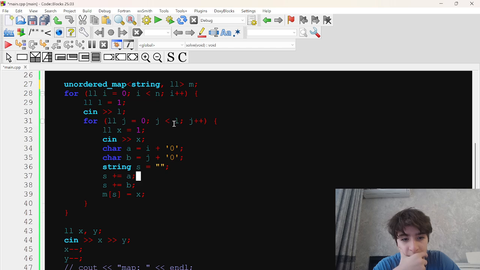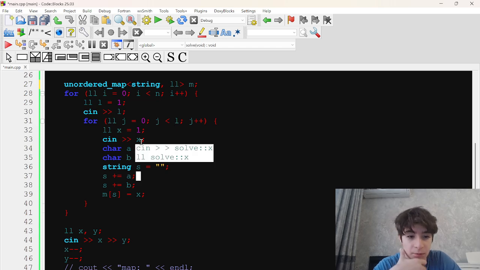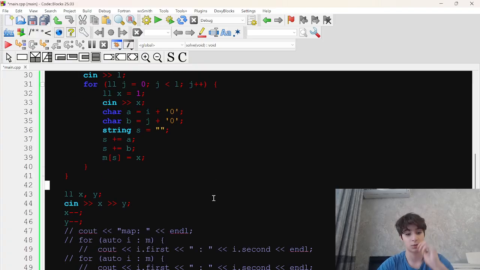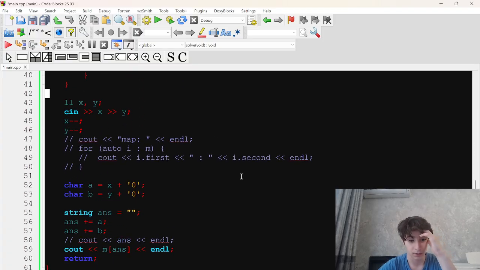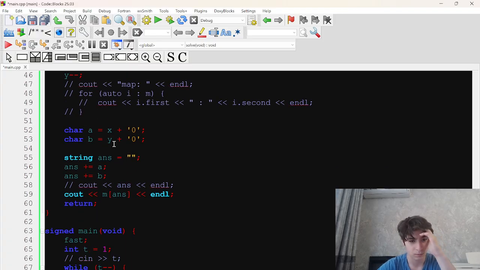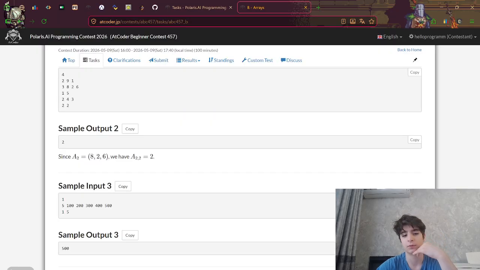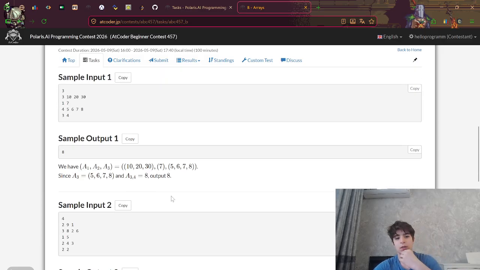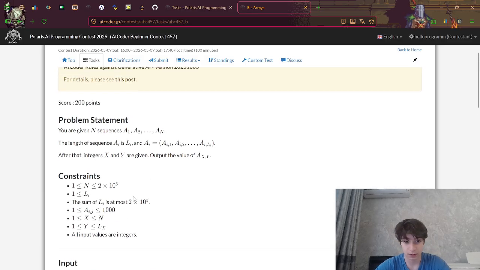So if we go onto L, we just put some input. It really is so strange. I wasn't expecting this. With more test cases, it's possible that it's so big.